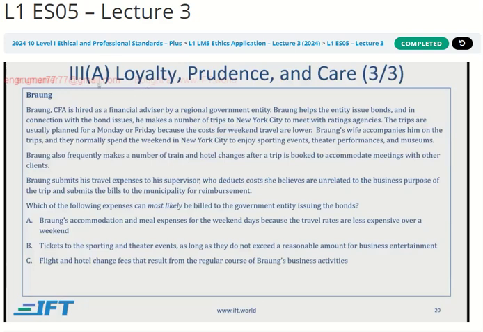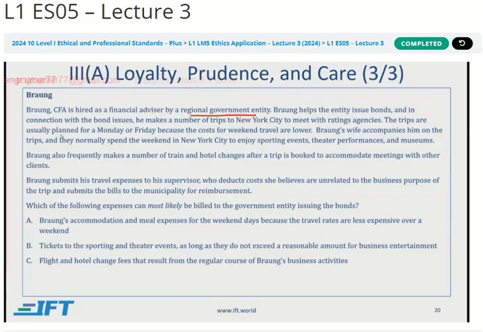This next case also has to do with 3A, loyalty, prudence, and care. Brong is hired as a financial advisor by a regional government entity. Brong helps the entity issue bonds, and in connection with the bond issues, he makes a number of trips to New York City to meet with rating agencies.